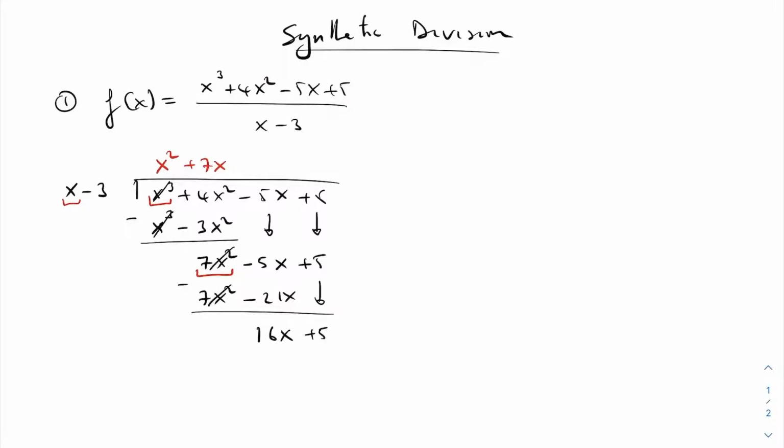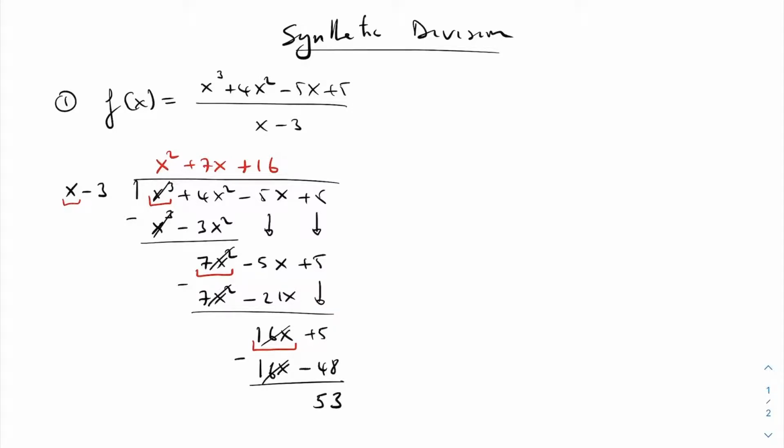And since the degree of your answer here is just 1, which is the same as the degree of the divisor, you have to go on. So again, you see that your leading term here is going to be 16x. And so you're going to have to divide that by x, and you're going to get 16, which goes up here. Then you can go ahead and do 16 times x minus 3. That's going to give you 16x minus 48. And so subtracting these two expressions together would cancel the leading terms and then give you 5 minus 48,